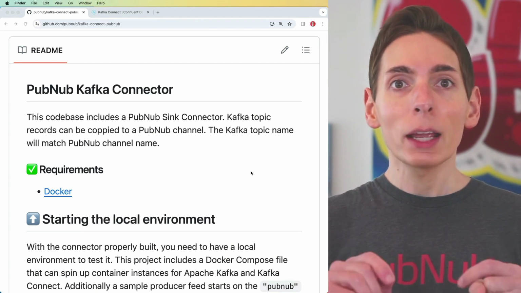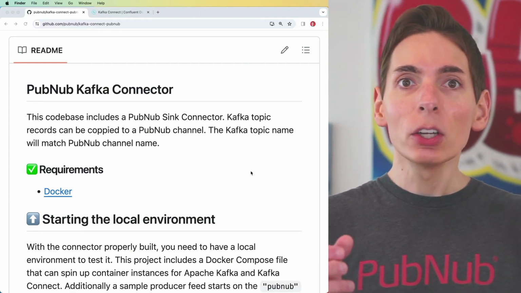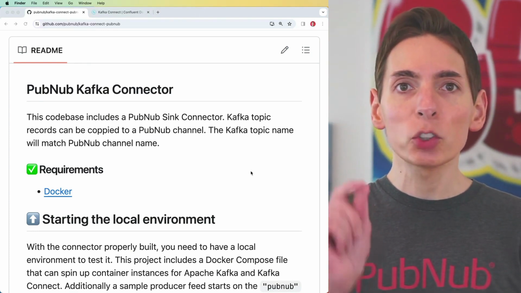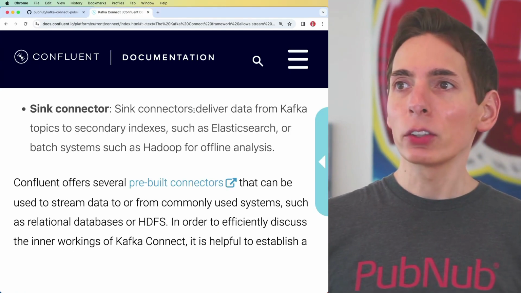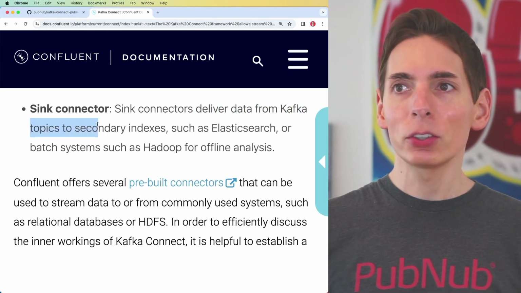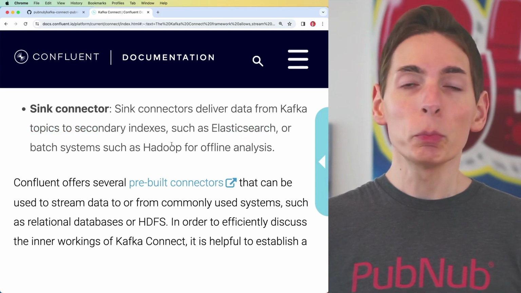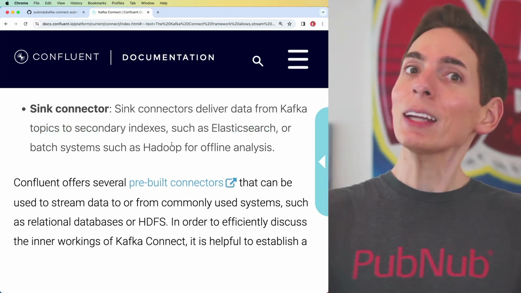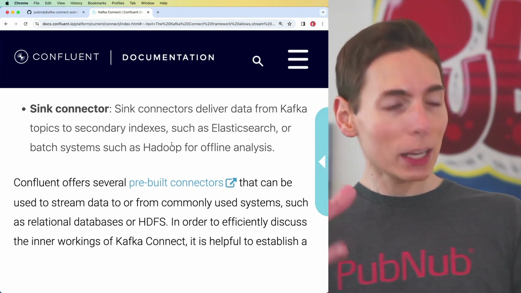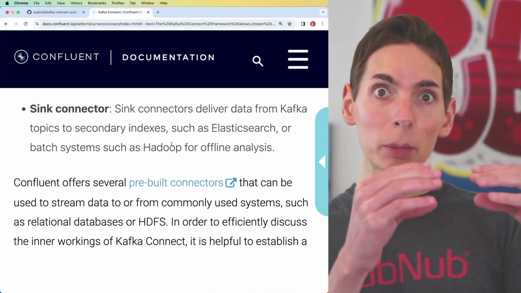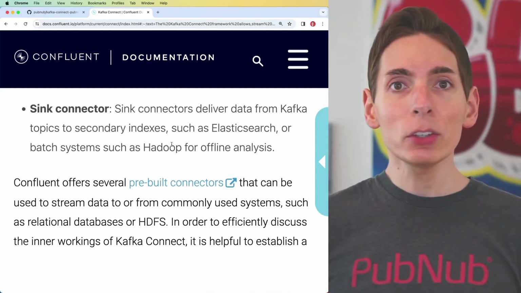Using the PubNub APIs, we're able to leverage Kafka Connect, which is a framework that's developed specifically for this purpose. We built a sync connector that delivers data from Kafka topics to secondary systems. You can do this to Elastic and Hadoop. You can also do this to any kind of system, like PubNub, for example, which is going to be able to take that data from your Kafka topics and then deliver that data in real time to in-target devices like